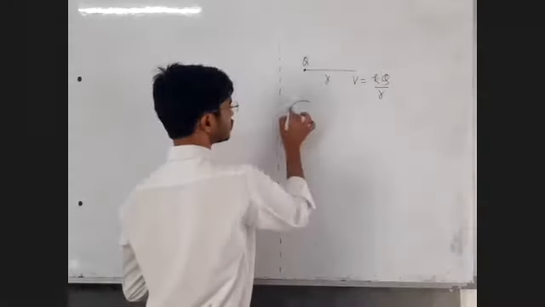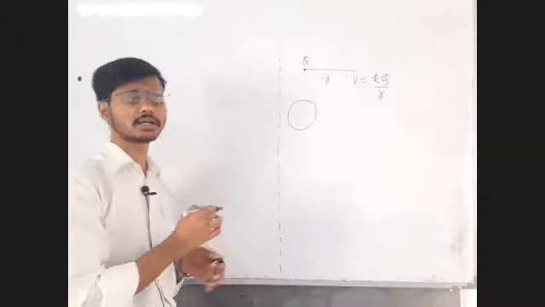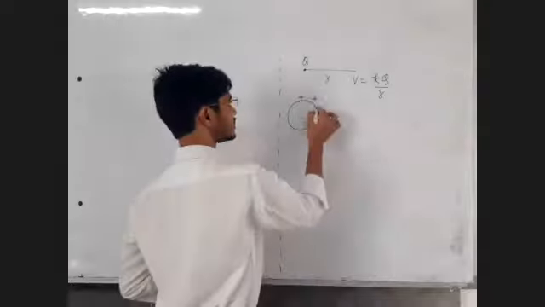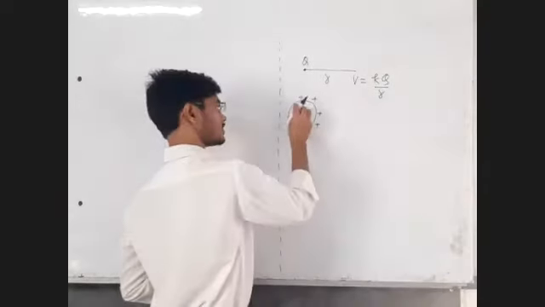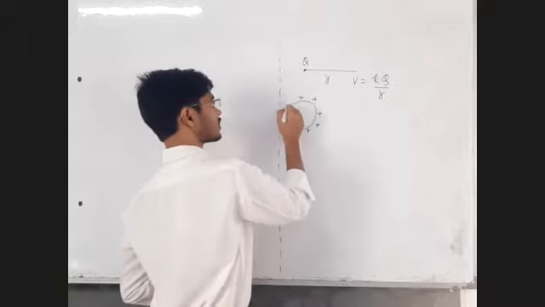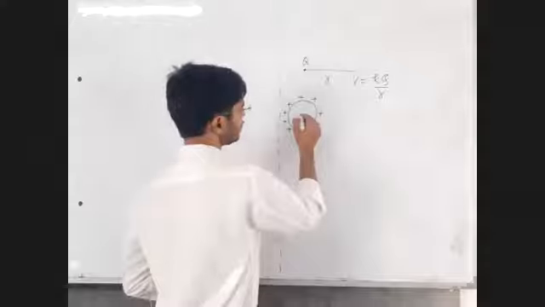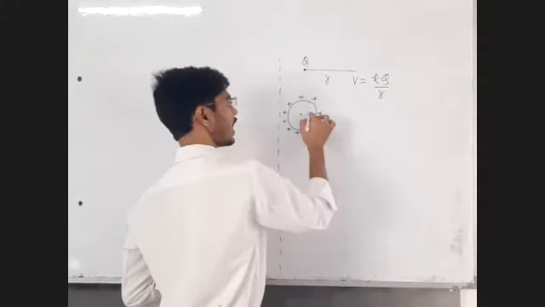Electric potential due to the spherical shell. Let's say it is a charged conducting sphere or a spherical shell. If it is a conductor, charge will only be on the surface, because if it is placed inside, by repulsion it will ultimately come on the surface. So it will have three cases: outside, inside, and on the surface.